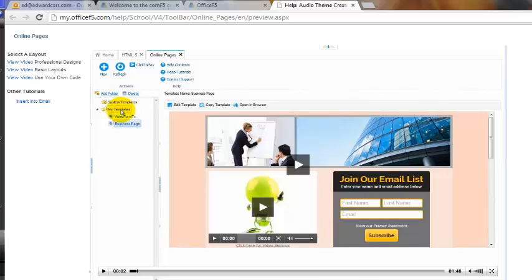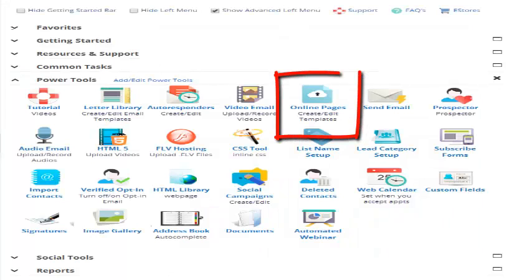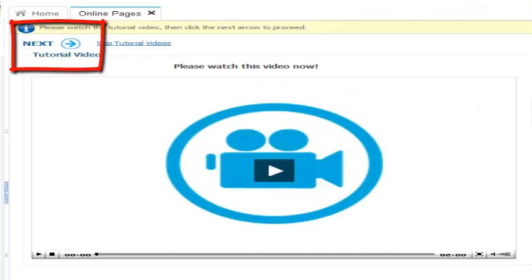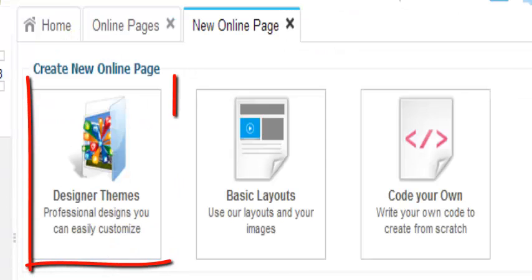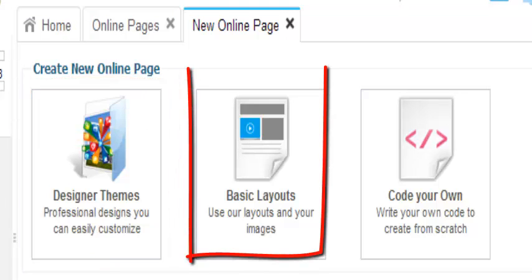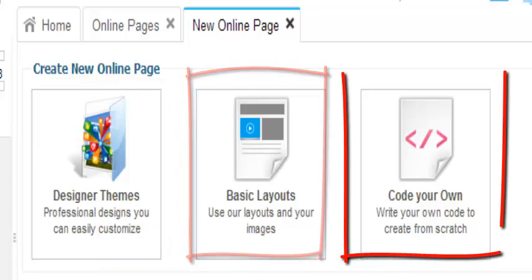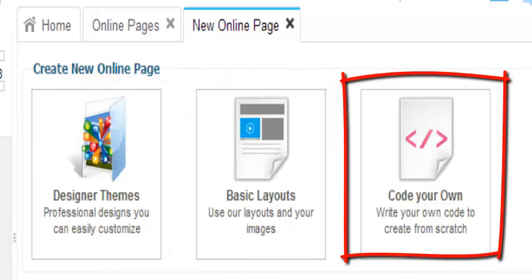So we're going to run back over here to online pages, close this down, click next, and open up the online page module. Okay. So we want to create a brand new online page, and when we click the new button, the system is going to ask you, do you want to use our designer themes, or do you want to just use some basic layouts, or do you want to code your own? And this is really great because, in essence, there are three types of